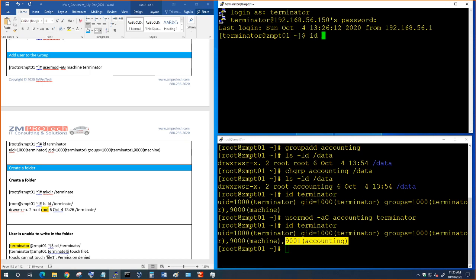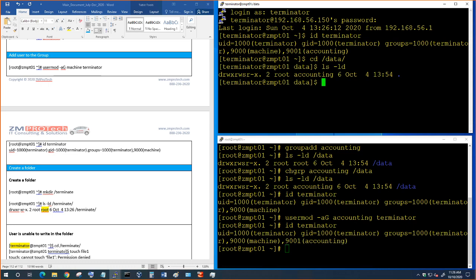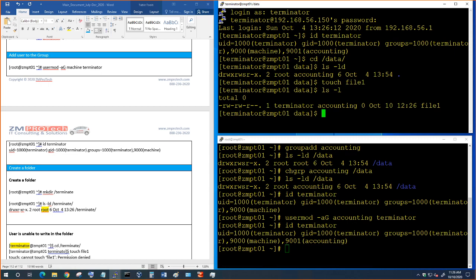Okay, I'm going to do id Terminator. So he's part of accounting. I'm going to go to cd data, and if I do ls -ld, so the group has read write. He's able to read write and s too. So he should be able to write there, touch file1. Okay, now if you do ls -l, you see